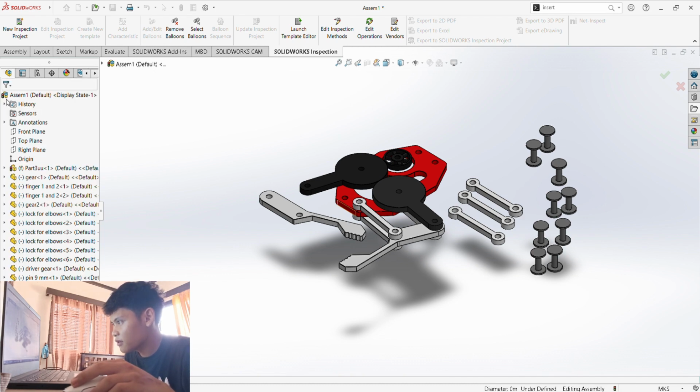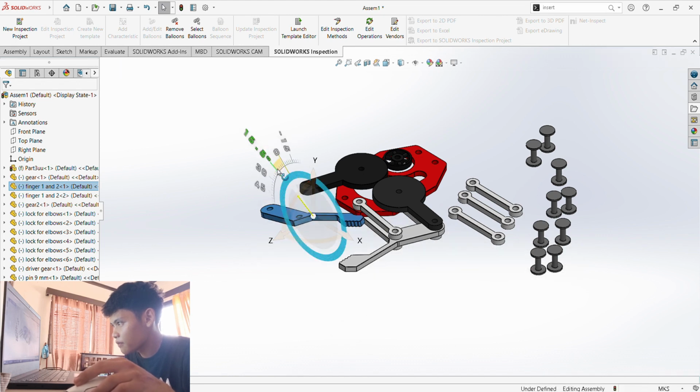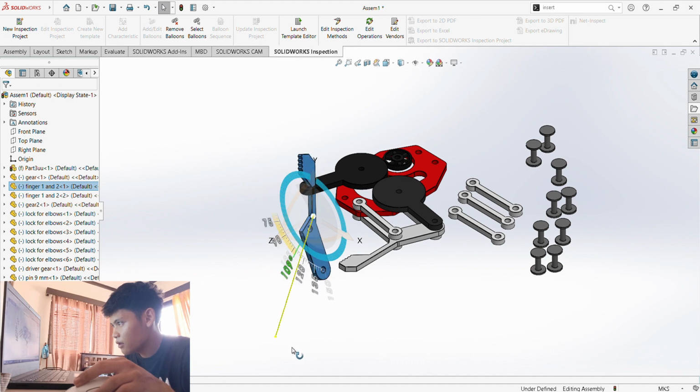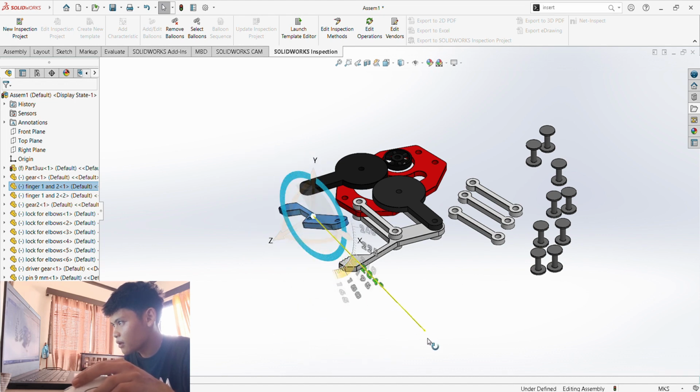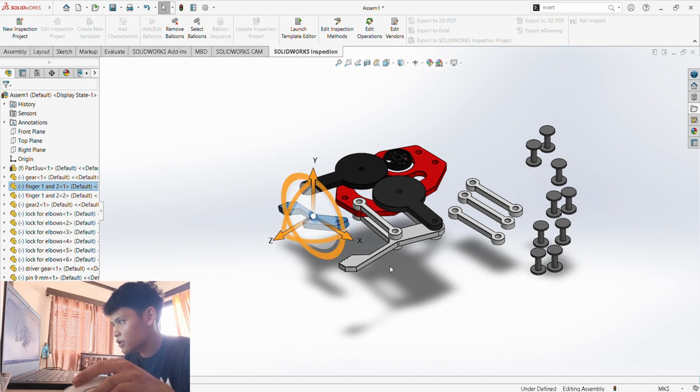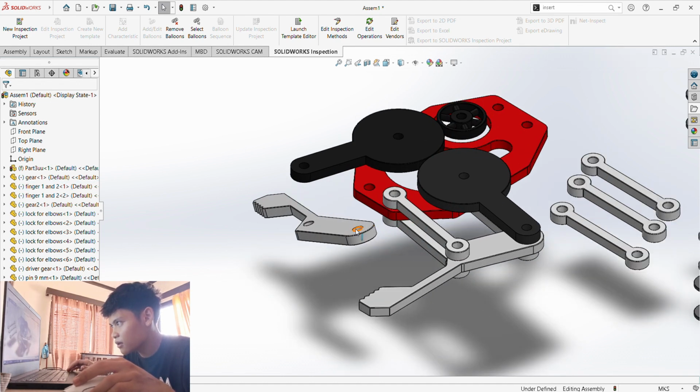You should first rotate this one. So to rotate that, you just have to click the component itself and then use this right here. And there you go. Next, you would just have to click this one again and make it concentric with this one.